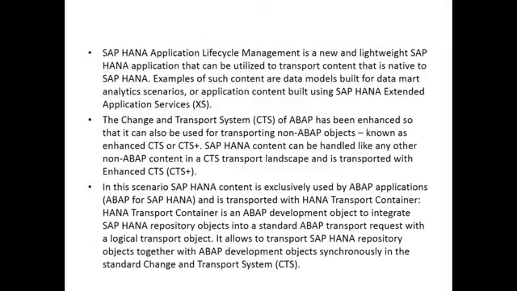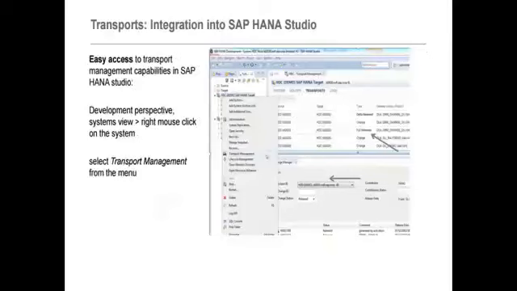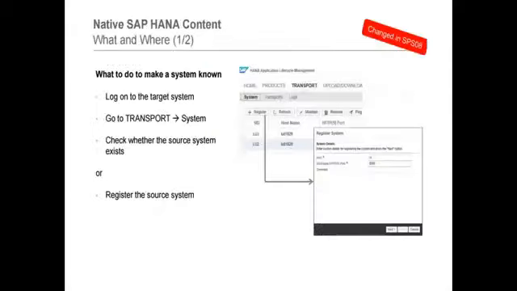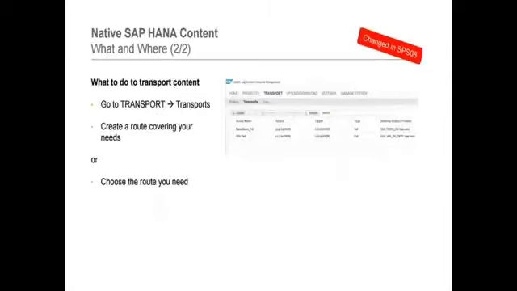Next one is HTC, HANA Transport Container. It is related to ABAP HANA developments. We will create ABAP HANA developments, and we will create a delivery unit. The delivery unit will be assigned to the HTC, HANA Transport Container. Whenever you transport the transport request along with the HANA transport container, the delivery unit also will be transported. This is a web-based tool. Using the web-based tool, we can do product hierarchy. Everything we can transport. These are all web-based tools.